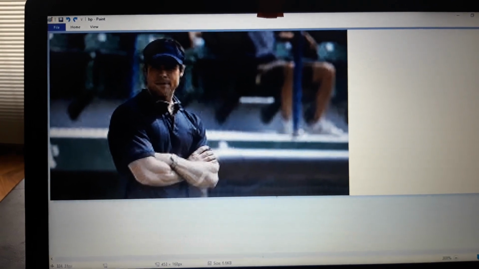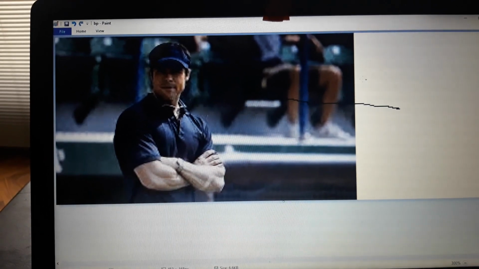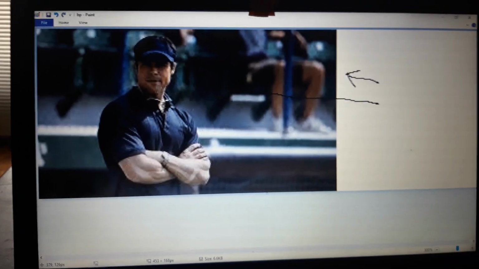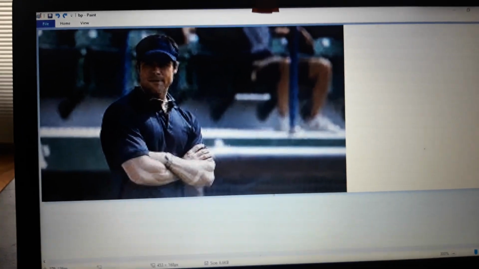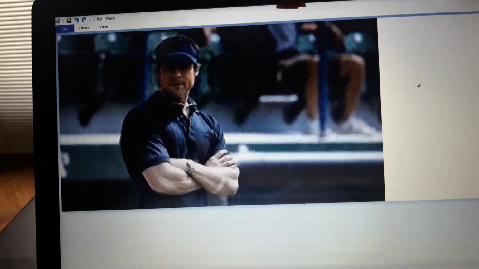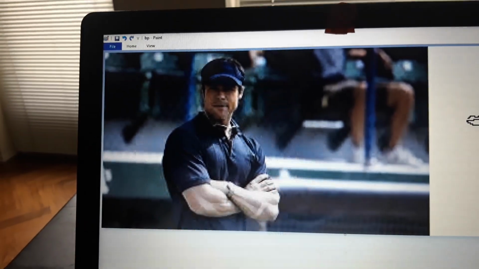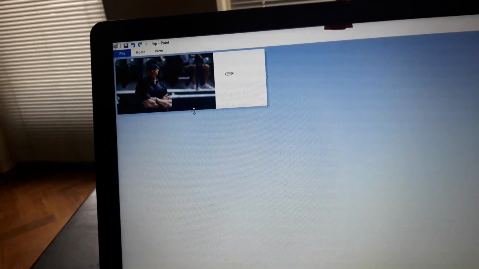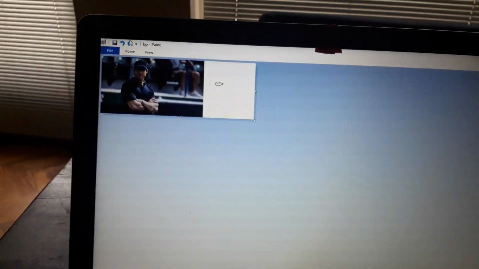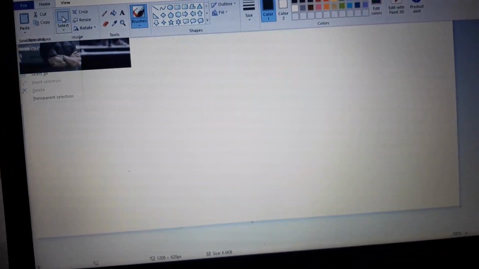Okay, now we're going to draw him and use this picture as a reference. Brad Pitt has big luscious lips, so we're going to draw that. Let me go a little bit back. Unfortunately, it's quite a small image, but I think I can do this. So basically, now you know how to do it. Just use any image of Brad Pitt, and then we can draw him. Let me draw his luscious lips. As I said, he has luscious lips,